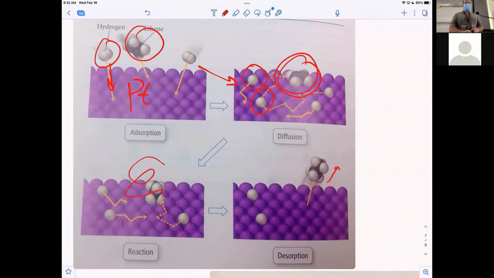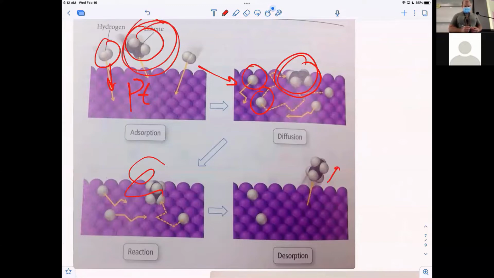So this is done quite a bit in oil refineries. It depends on what molecules you want to make. If you have a long chain molecule and you want to cyclize it, you can take long molecules and break them apart. That's known as cracking. They usually use a different catalyst for that, some sort of zeolite. But platinum and palladium, they use a lot for reforming and also for things like this, where